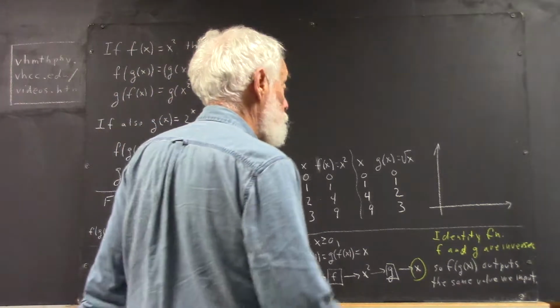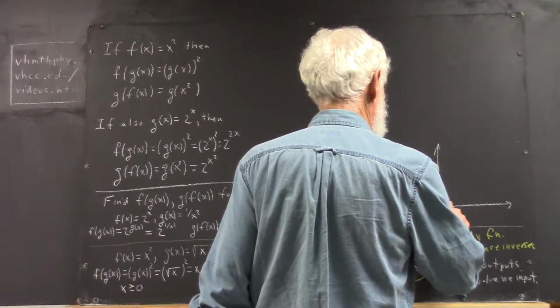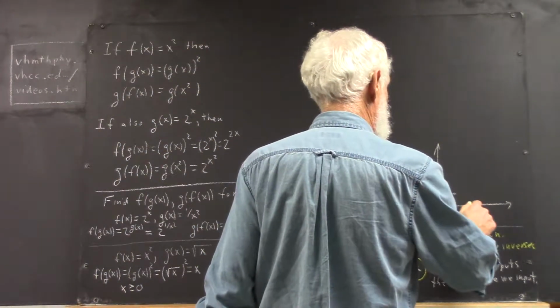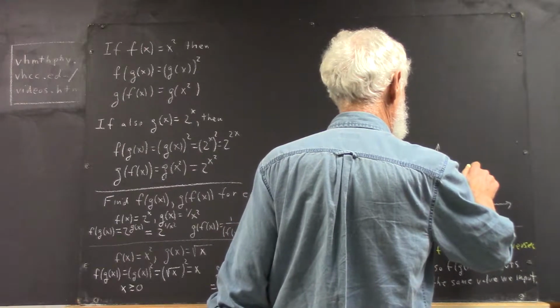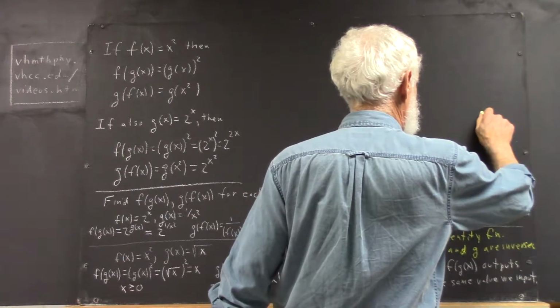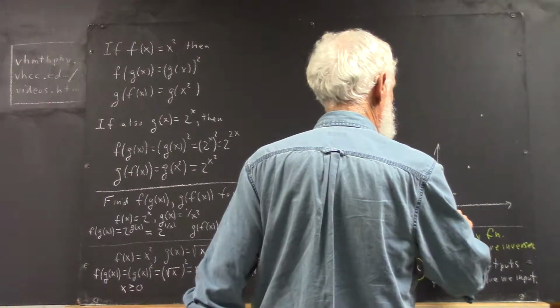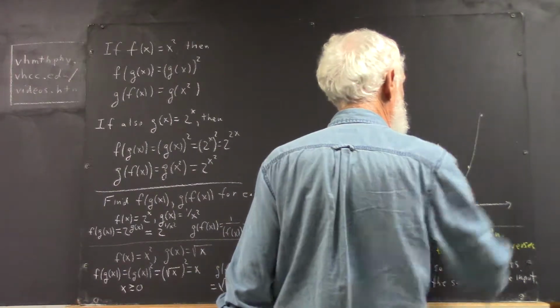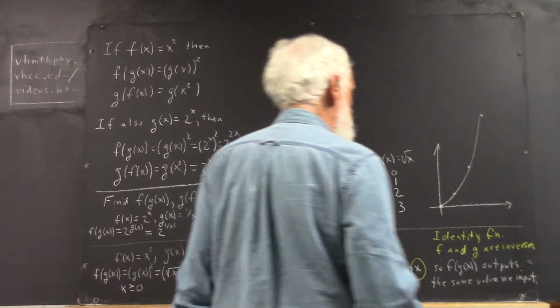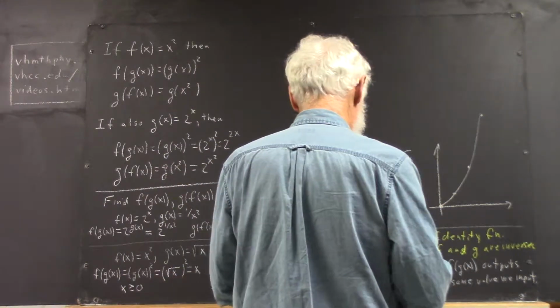Okay, well, if we look at the graph, we have the familiar graph. The f of x graph is going to look something like this. In the g of x graph, well, it's going to go through